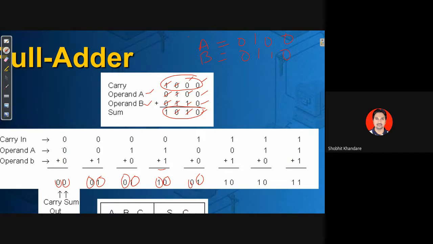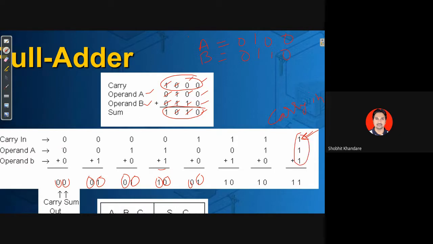suppose there is a carry generated from the previous addition. पहले जो ऐड किया है उसका अगर कैरी जनरेट हुआ है उसको हम बोलेंगे कैरी इन, क्योंकि वो कैरी इन नेक्स्ट बिट की तरफ जाता है. सपोज कैरी जनरेट हुआ है 1 पहले सम करने के बाद, then that carry will be added. So don't you think that I have to add 3 bits?